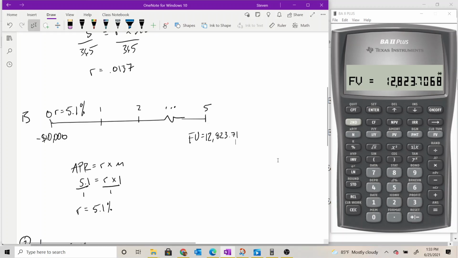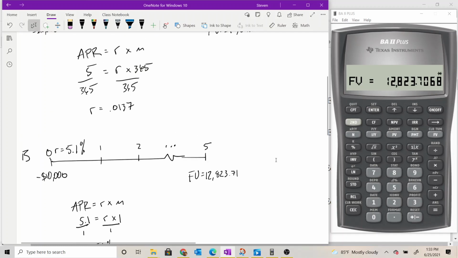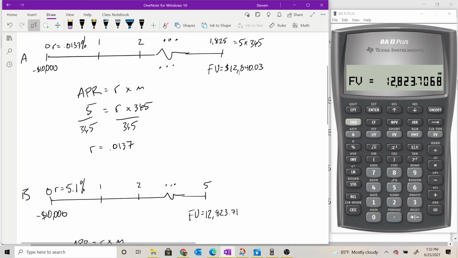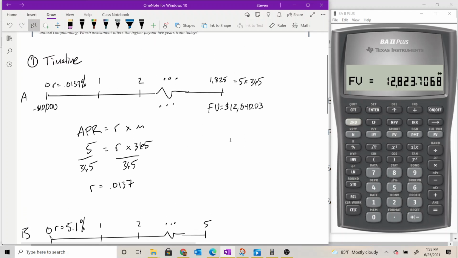All right, so the question we were trying to answer is, which of these investments offer the higher payout 5 years from now? Investment B with annual compounding periods will give us $12,823.71, and investment A with daily compounding will give $12,840.03. So we're slightly better off by going with investment A, even though the stated interest rate on investment A was lower than the stated interest rate on investment B,